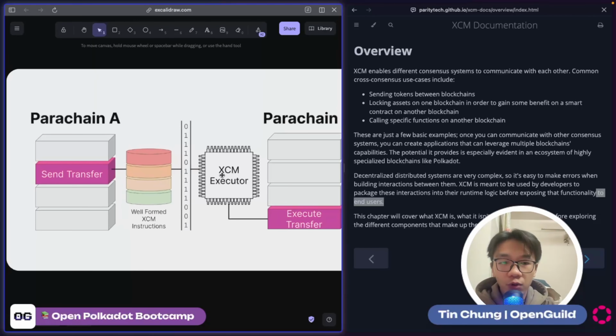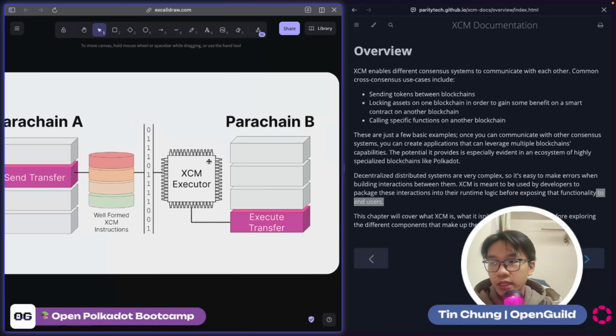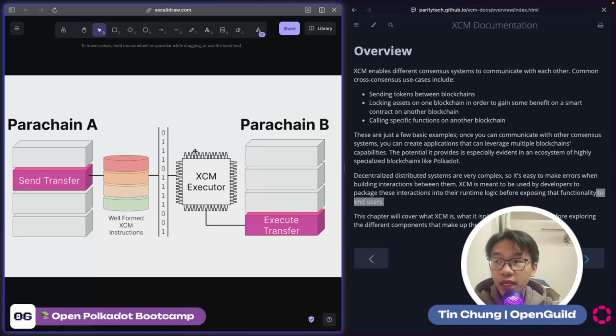Right now we don't have to understand what the XCM executor is yet, but let's say XCM is a language, and right here you have the interface, you have the language. You send the instructions from parachain A with the request send transfer, and it's translated into the XCM instruction and goes to the binary, then goes to the XCM executor. And the difference right here is every parachain can have their own XCM executor, and the XCM executor is